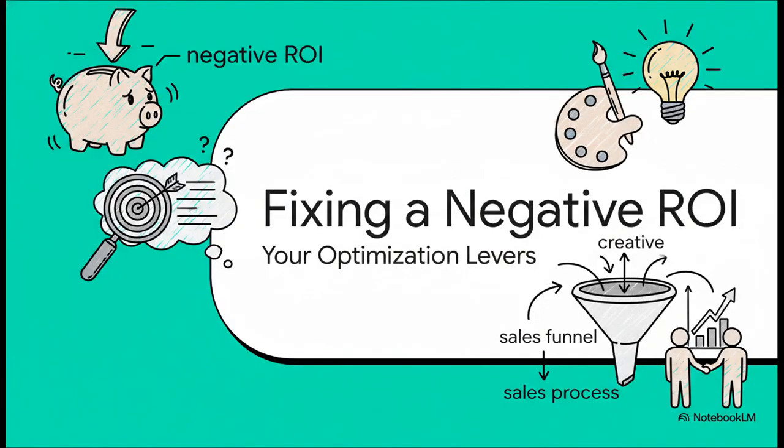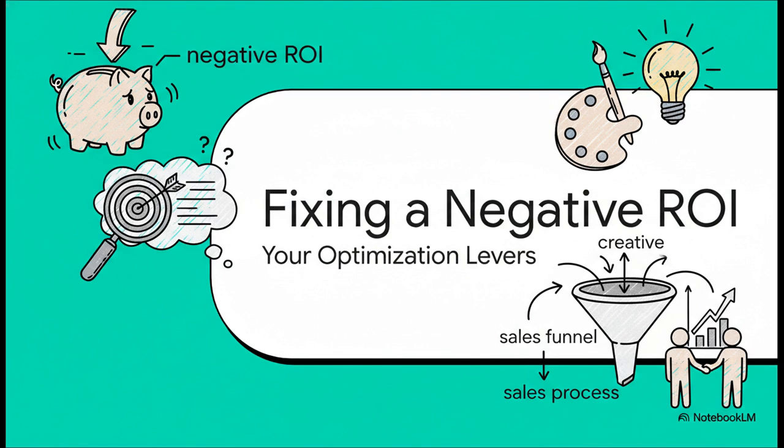But what happens if you run the numbers and find your ROI is 0 or even negative? First of all, don't panic. A negative ROI is not a failure. It's a diagnostic tool. It's telling you exactly where your funnel's leaking. As performance marketers, we have 4 main levers we can pull to fix it: our targeting, our creative, our funnel,